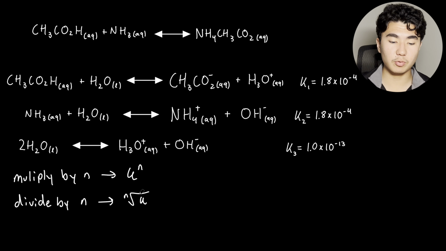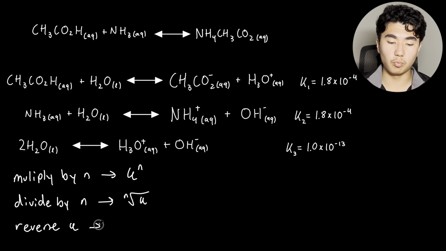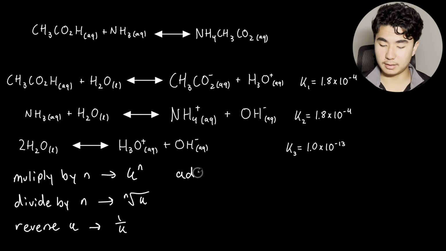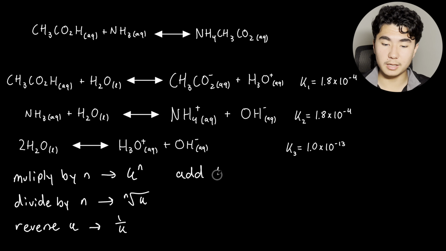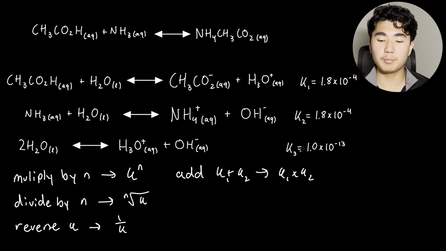If we reverse k, or switch it over, then that's going to turn into 1 over k. And if we add, let's just say we add k1 plus k2, then that's actually going to be k1 times k2. So when we're adding all of these up, we're actually multiplying them instead of just adding them like